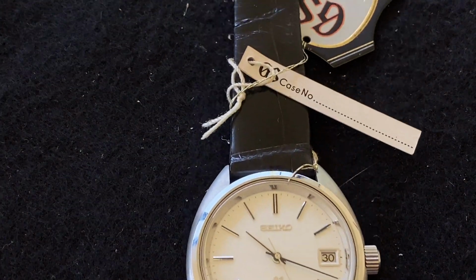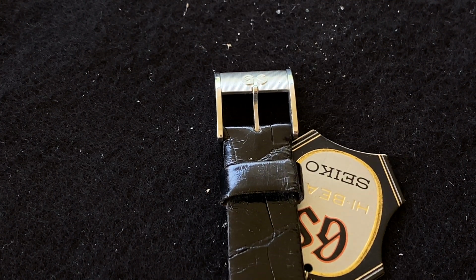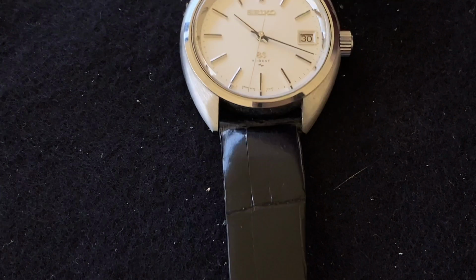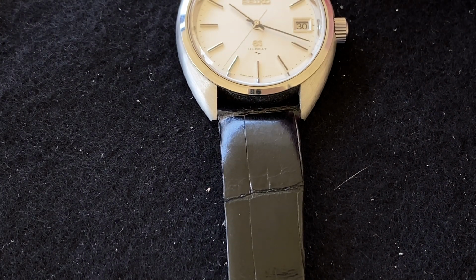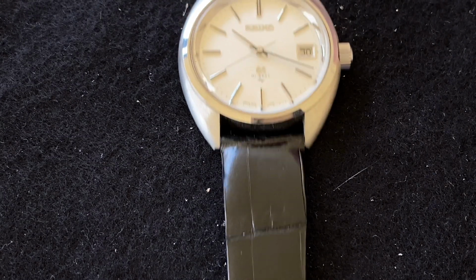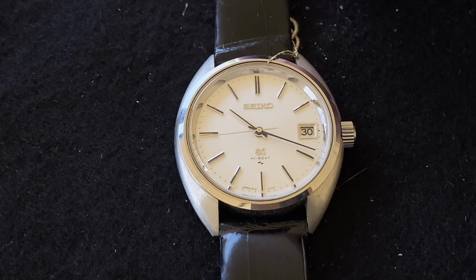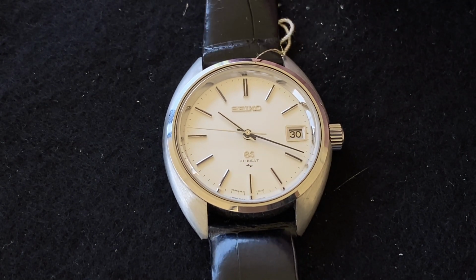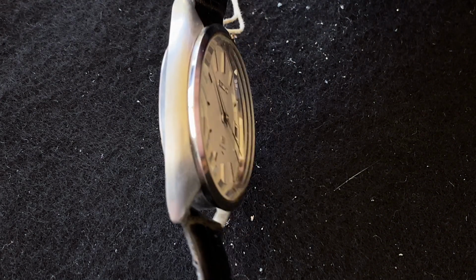We'll just pull it down to the other end. We can see it still has the original buckle on it as well. We're not going to replace the strap because sometimes people like to buy these watches not to wear, but really as what we call safe queens. So rather than replace the strap, we'll supply this watch with this strap, and then if the collector who purchased